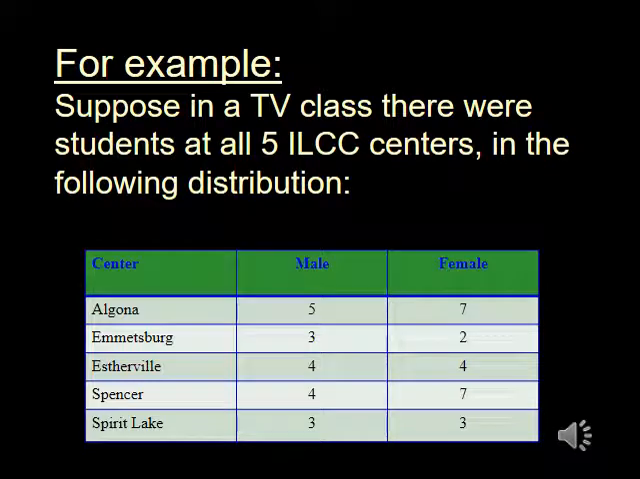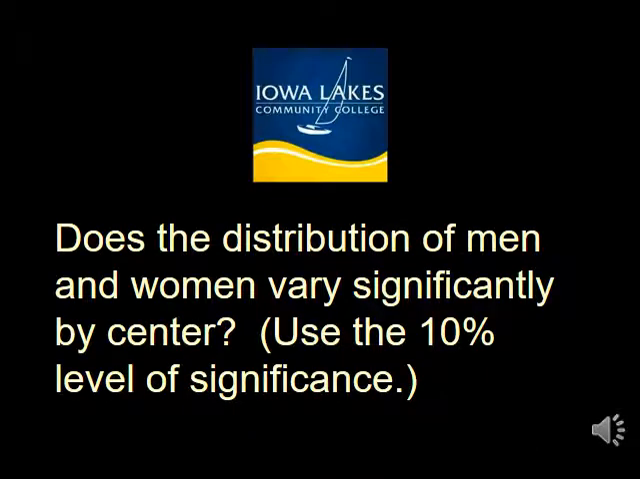I'm going to go through 3 examples to give you an idea of how matrix chi-square tests work. And the first one I wrote because for many different years I've taught night classes over the TV system at Iowa Lakes. So this one says, suppose there is a TV class with students at all 5 Iowa Lakes centers, and there's a bunch of numbers there that show you how many there are supposed to be at the various centers. The question we're going to answer is whether the distribution of men and women varies significantly